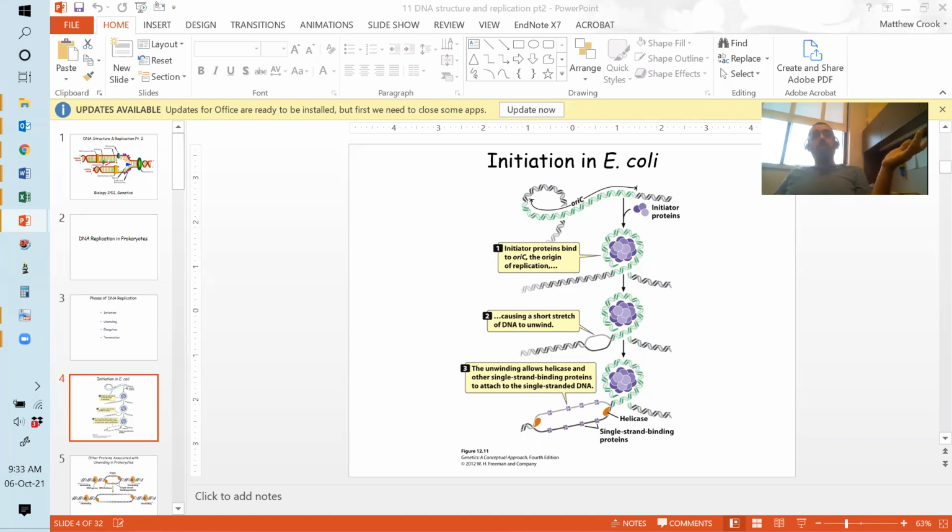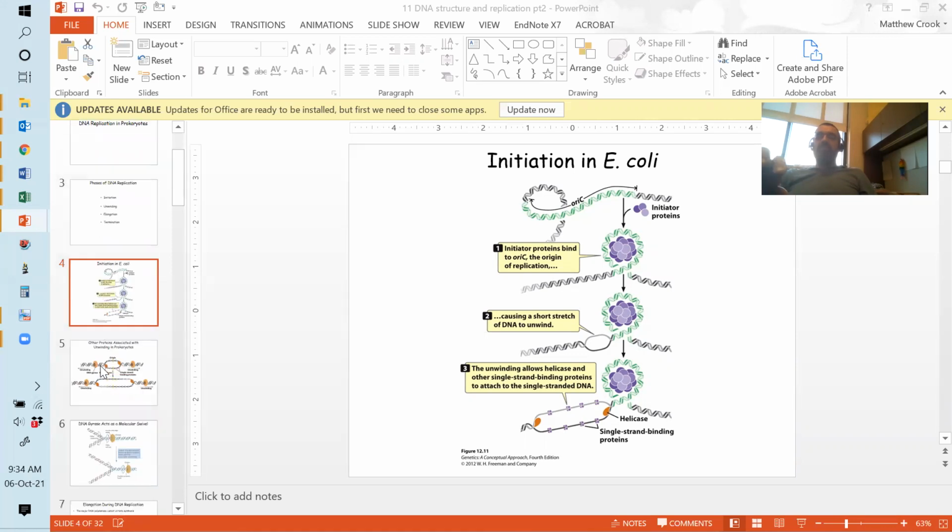Actually, it's kind of cool if you do it with the rope that isn't nailed to a wall, because what will happen is the end of the rope will spin. As fast as you open it up, that's how fast it will spin, right? Because essentially that supercoiling doesn't happen until instead it's turned into the rotational motion of the rope. And so we can't have that happening in DNA replication. And so to fix that, or to prevent it,